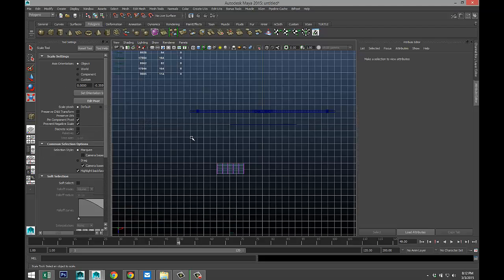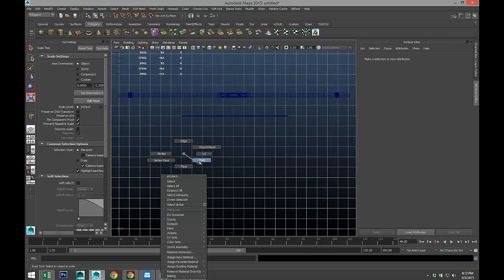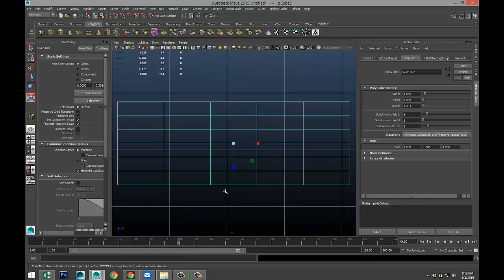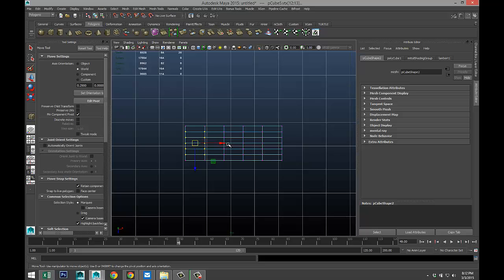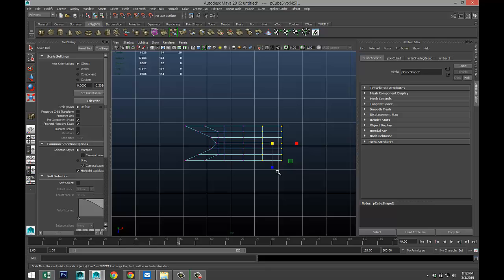So we're going to right click, get our vertex. Actually, we'll do that from our top view. Object mode, hit F to zoom in. Right click vertex. Let's drag select these, and we're going to bring them up. Then we're going to take these 3, bring them up, and take the one in the middle and bring that up. We're going to take all of these. We're going to hit R. We're going to push that in. Take those, push that in.